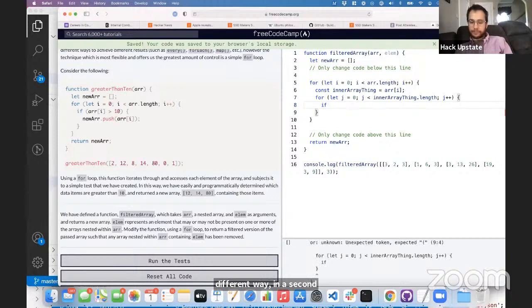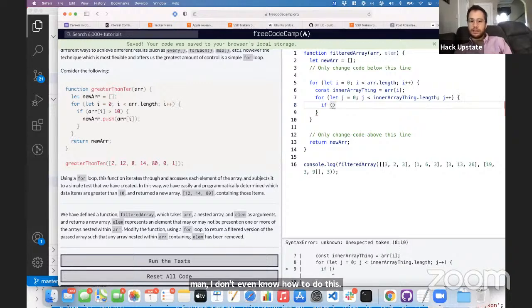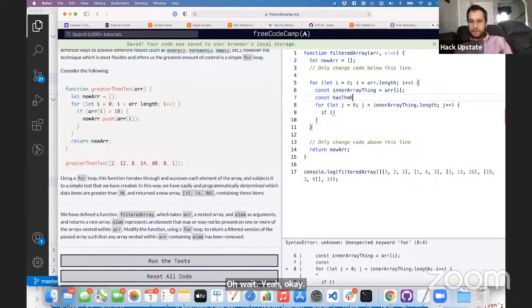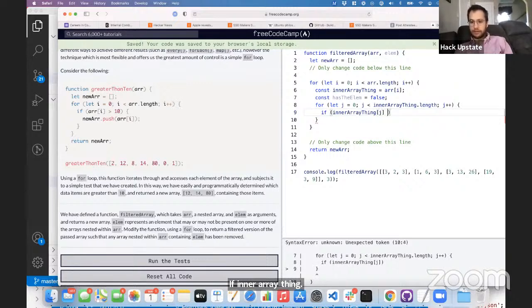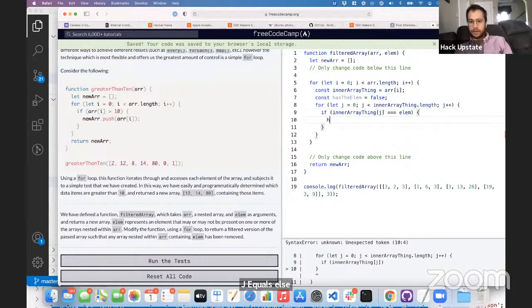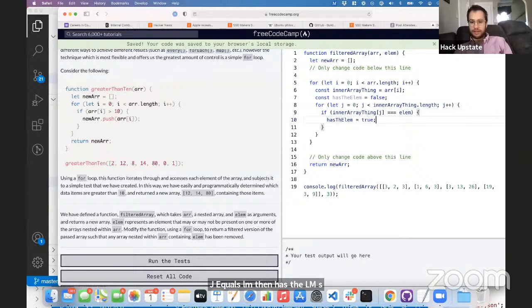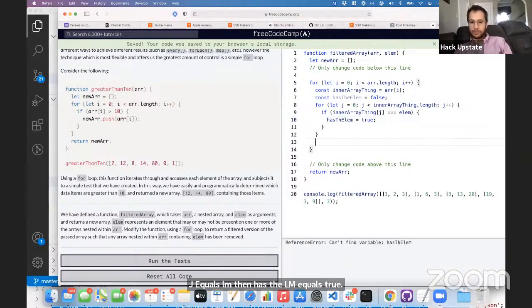If, wow. Man, I don't even know how to do this. Oh, wait. Yeah. Okay. Const hasElem equals false. If innerArrayThing[j] equals elem, then hasElem equals true. And then outside this whole for loop, we say if not hasElem, then